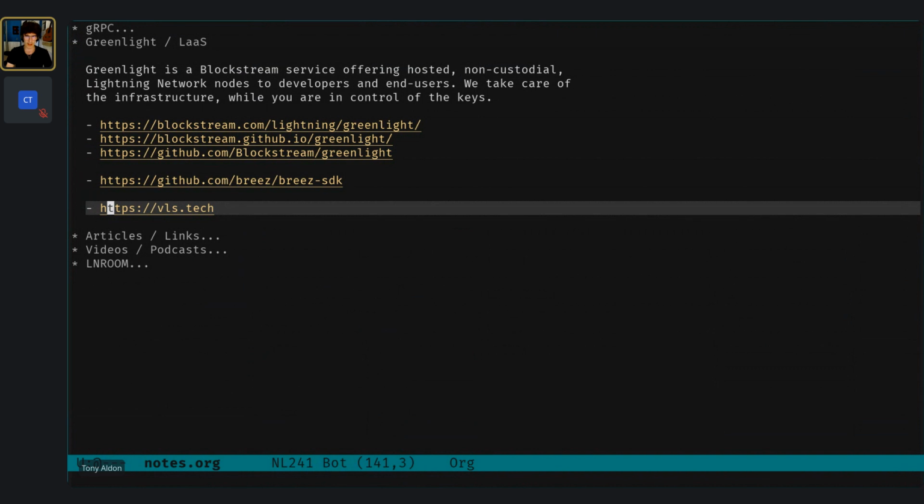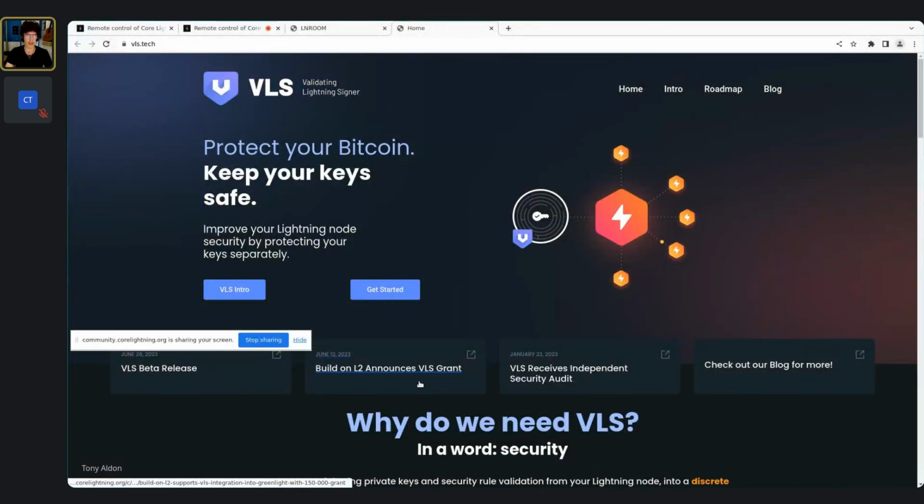So this is a really new tech for everything. So keep your keys safe. Improve Lightning Network security by keeping your keys separately. In the videos at the end of that file that I will share in LN Room, there are 1